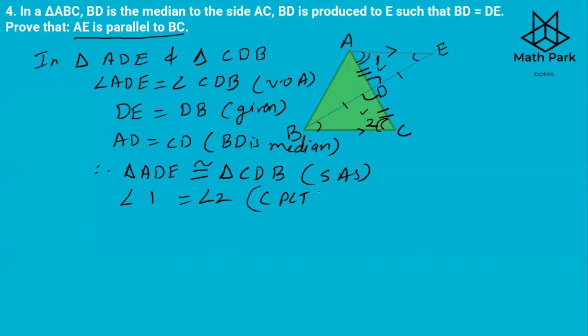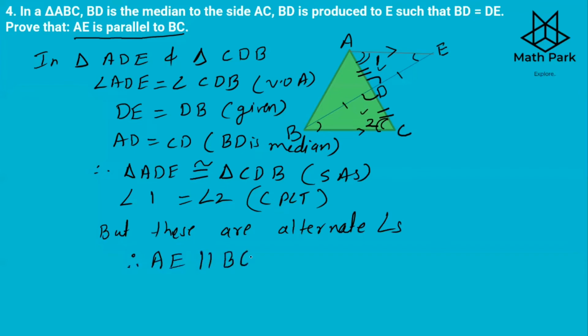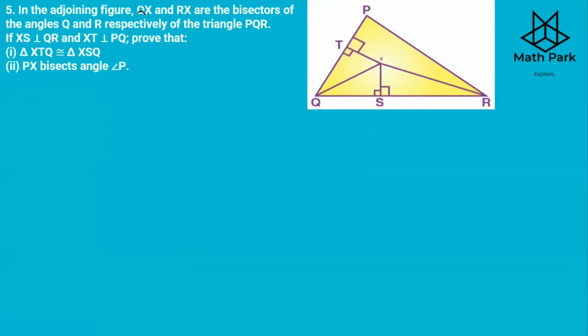Okay. And since these are alternate angles, and if alternate angles are equal, you get the lines parallel. So therefore, you get AE is parallel to BC. Got it? Given figure, QX